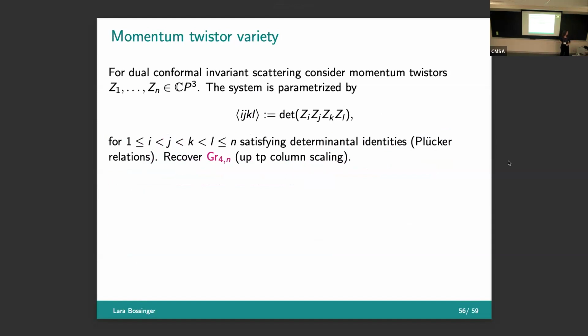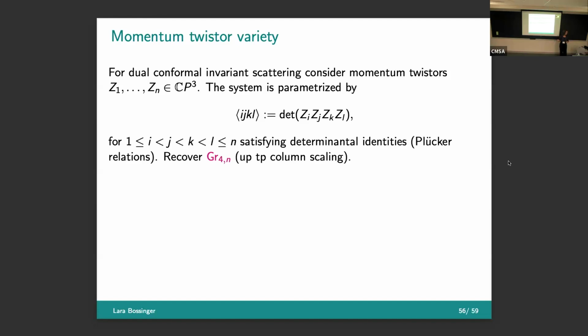So here's the momentum twistor parametrization that we've seen before. This is in the dual conformal invariant setting, where we have n particles. We pass to their momentum twistors in CP3, and parameterize the kinematic space by taking determinants. So I interpret my points in CP3 as giving me the columns of a matrix, and I take the determinants of this matrix. They satisfy Plücker relations, and I recover the Grassmannian Gr(4,n) up to column scaling. So it's actually the conformal